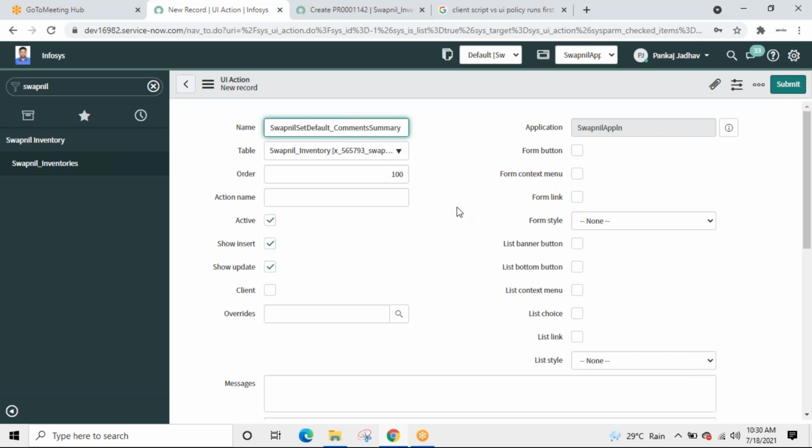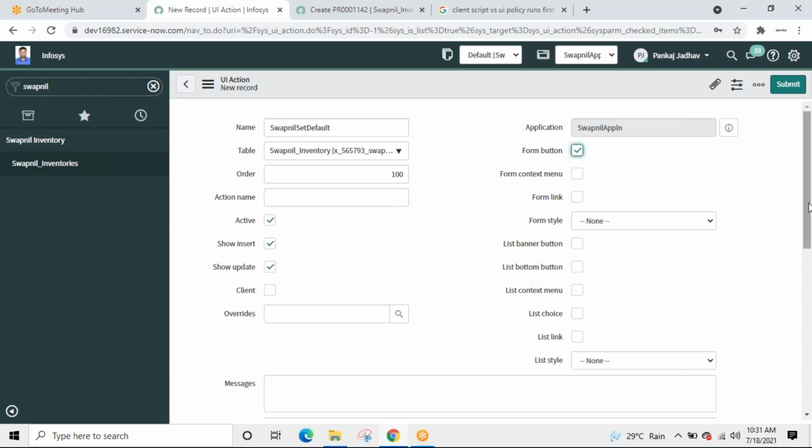Or let us keep the name short. So we'll set default. Let it be like this. Form button. Check. All right.